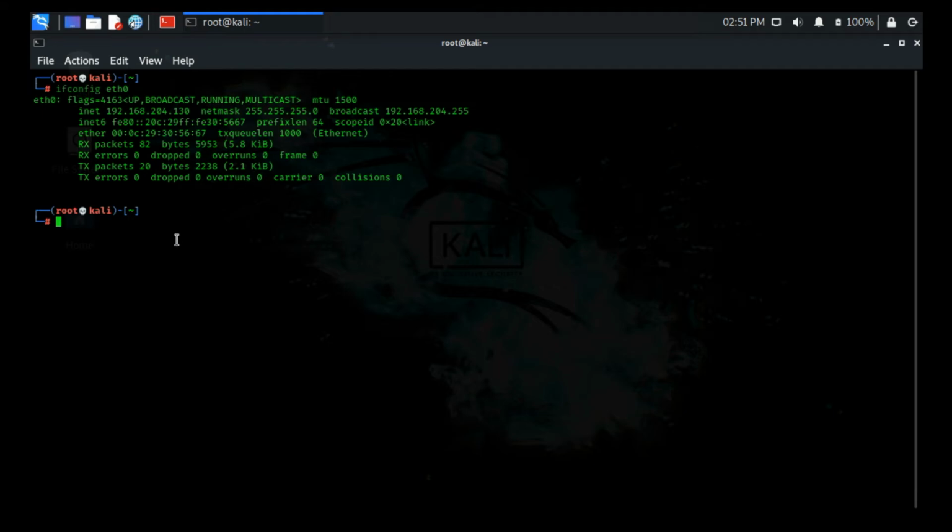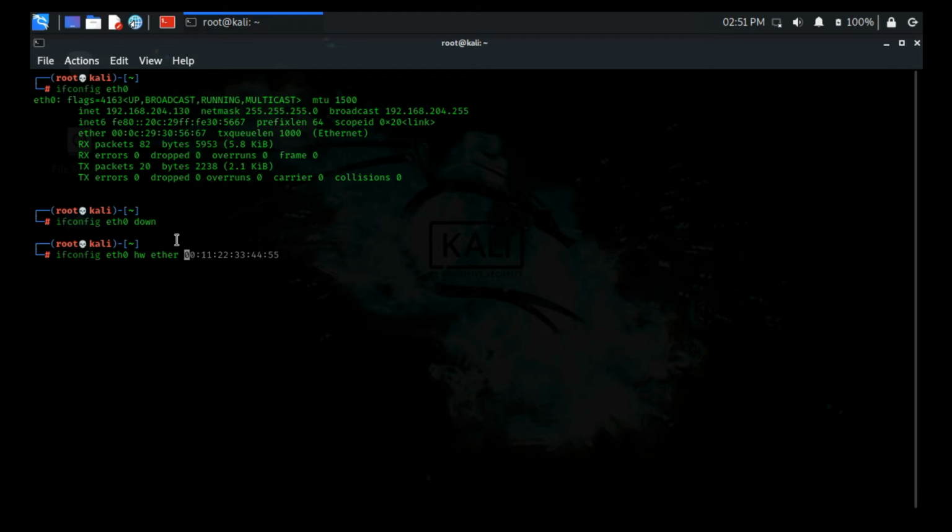So I will bring this interface down now. ifconfig eth0 down. Now the interface eth0 is down, and I am going to change the MAC address now. ifconfig eth0 hw ether. Previously, while I was checking, the MAC address was 00:11:22:33:44:55.